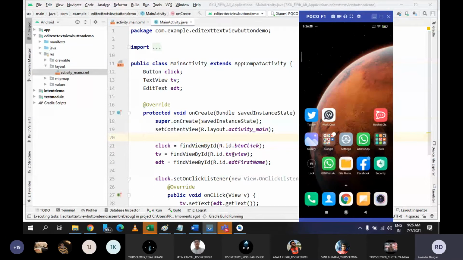So now the application is getting installed, so we'll have to wait for a few seconds. Meanwhile, if you have any specific doubt, then tell me so that we can discuss by the time the application gets installed.